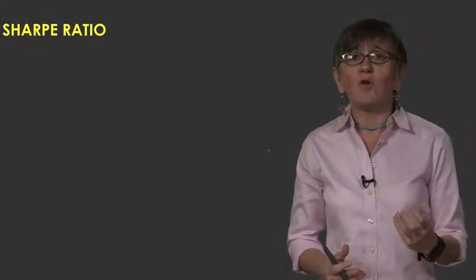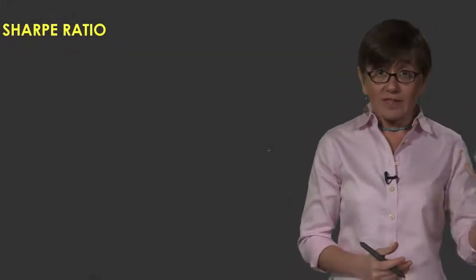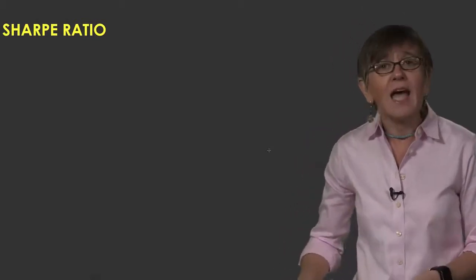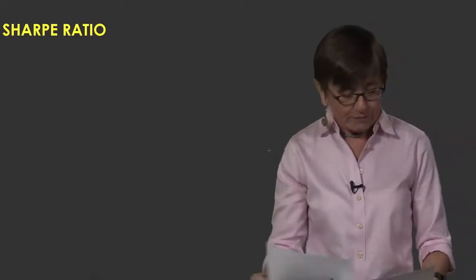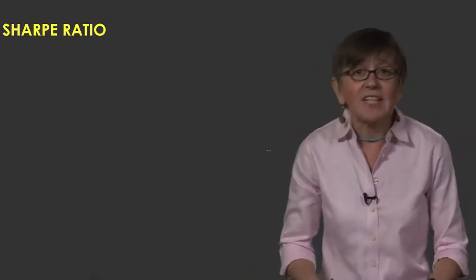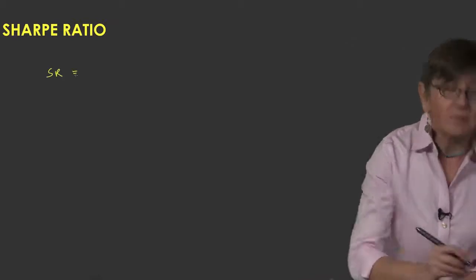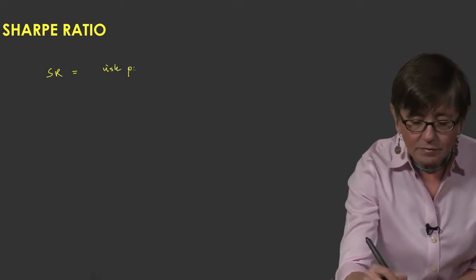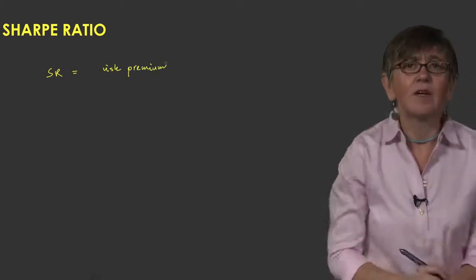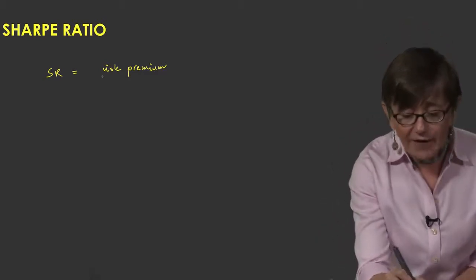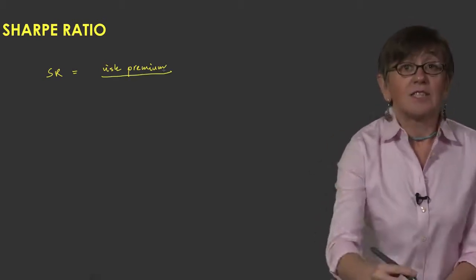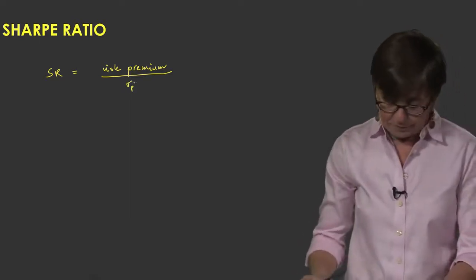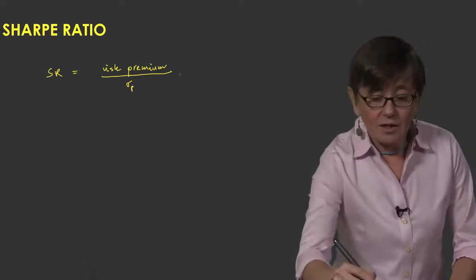So the Sharpe ratio, which is also known as the reward to volatility or variability ratio, is simply defined in terms of the mean and the standard deviation of returns. Right? Specifically, it's equal to the risk premium, the excess return, provided by the portfolio, divided by the standard deviation of the portfolio return, right, by the portfolio volatility. Right? In other words,